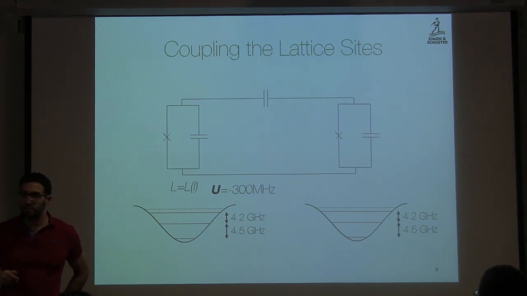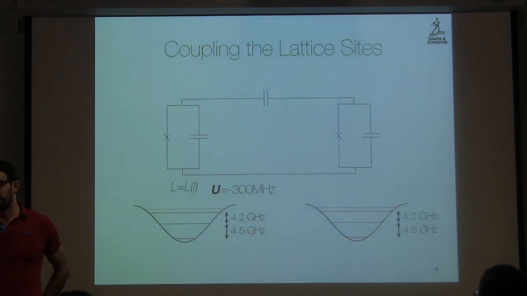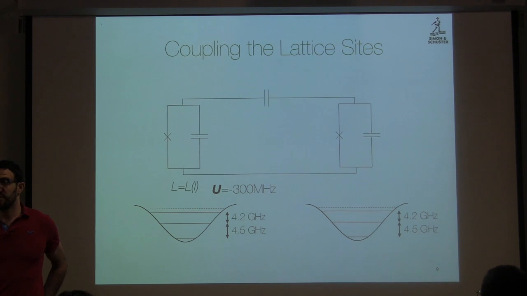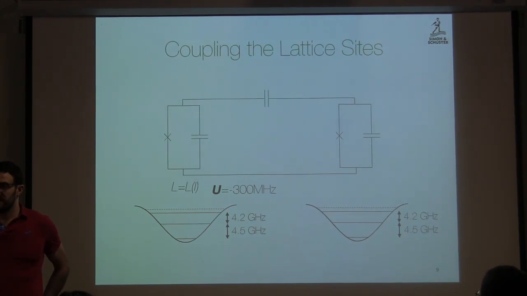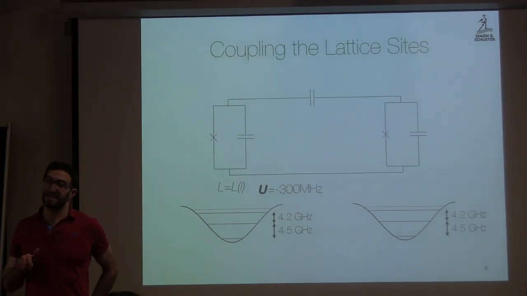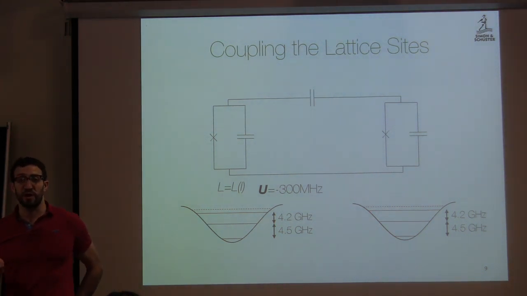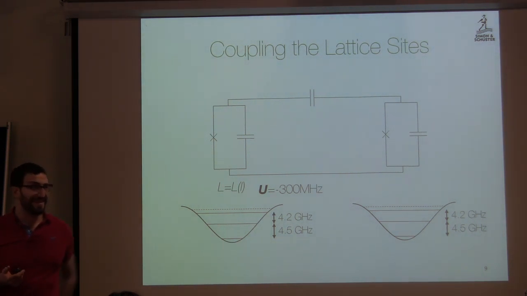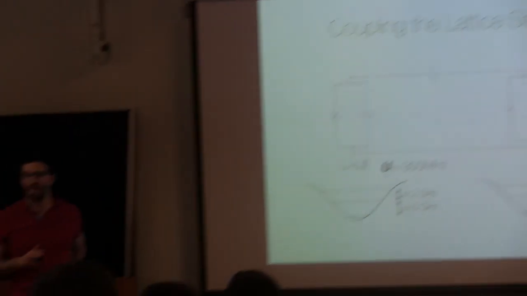The other thing you could do is replace the capacitor with an inductor, right? To change the sign of the tunneling. Because instead of 1 over i omega C, it's now i omega L. And as many of you may be aware, 1 over i is actually negative i. We can go back and prove that too.